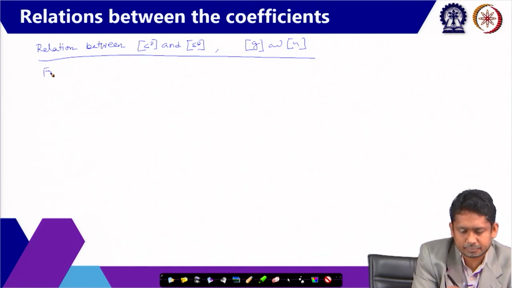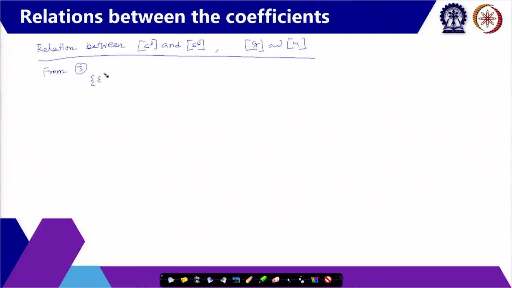From equation 3 we can write epsilon equal to s^D multiplied by sigma plus g^t multiplied by D. So, again if I multiply s^D inverse on both sides, we get sigma is equal to s^D inverse multiplied by epsilon minus s^D inverse g^t into D, and then from 1 we get